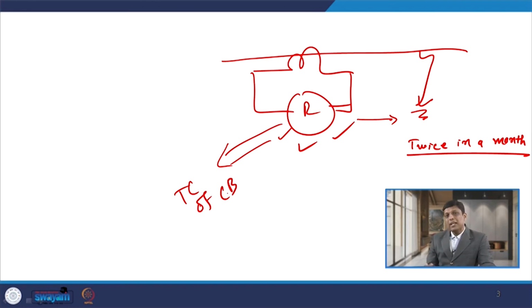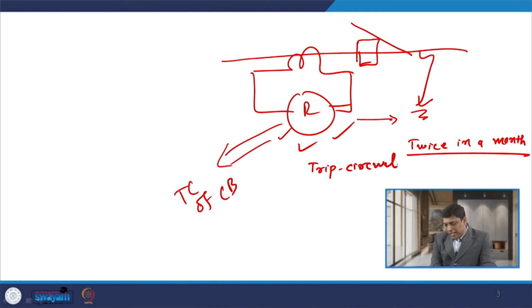So, whenever we carry out periodic testing of this relay, it operates and gives a signal to the trip coil of the circuit breaker, and the circuit breaker will further give an initiation command, and if I have connected the breaker here, then the breaker may become open. So, to avoid unnecessary opening of the circuit breaker while we are doing periodic testing of the relay, we have to use a circuit known as trip circuit isolation.